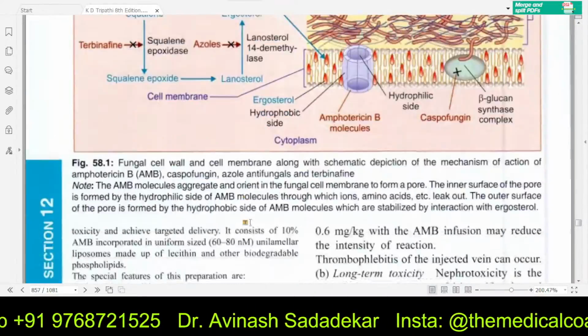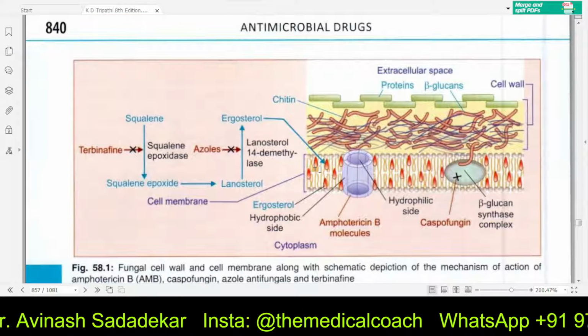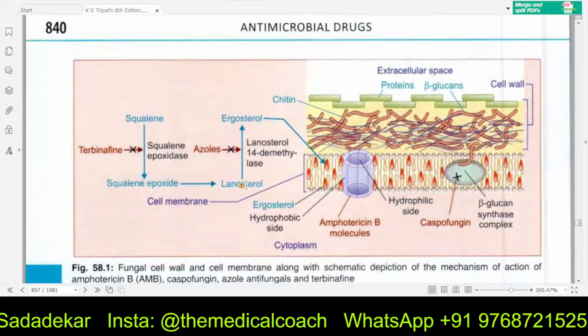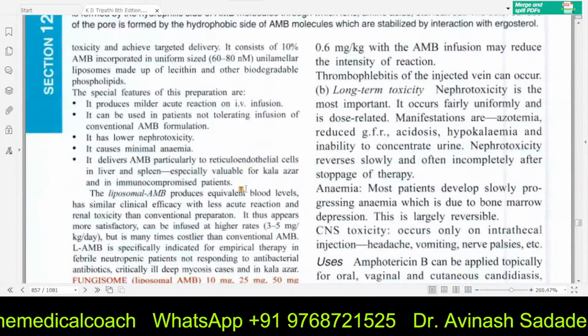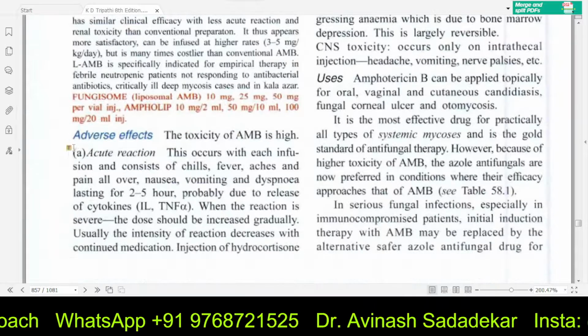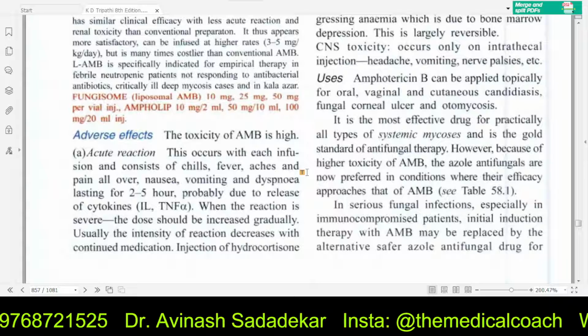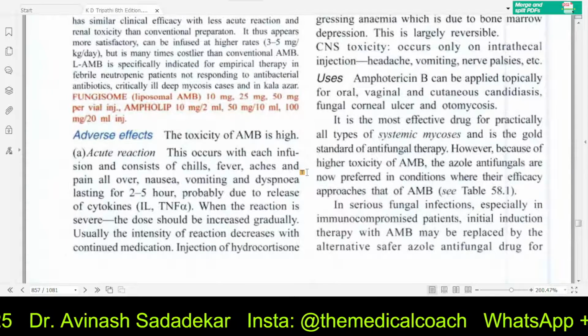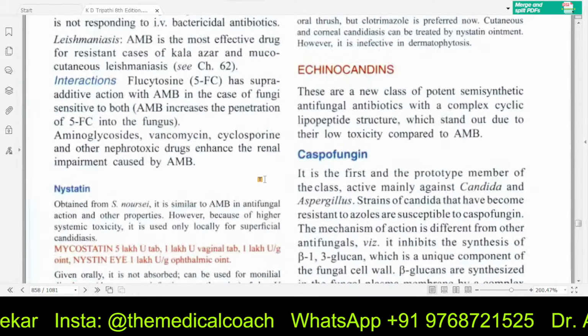And then they have given you the uses. This is kind of their way of representing what I try to draw. It's completely up to you, if you want, you can check it. Okay, so adverse reactions we have seen, where we used the word amphotericin, and go through this please. This is going to be very, very important.